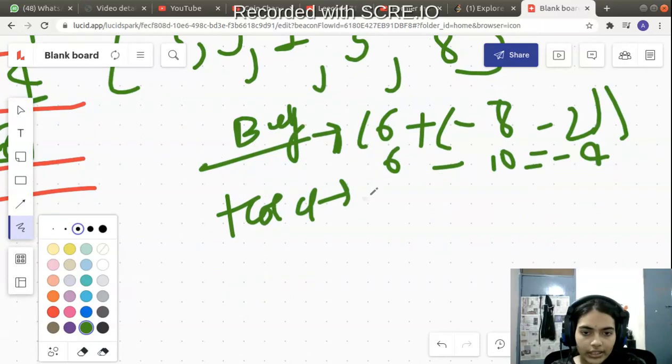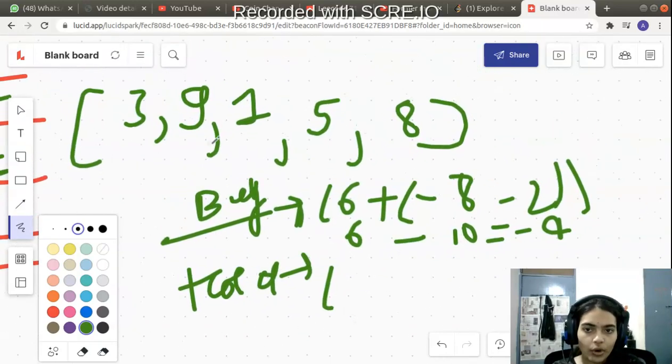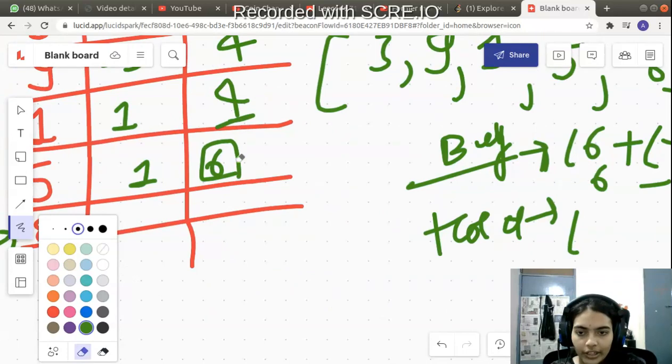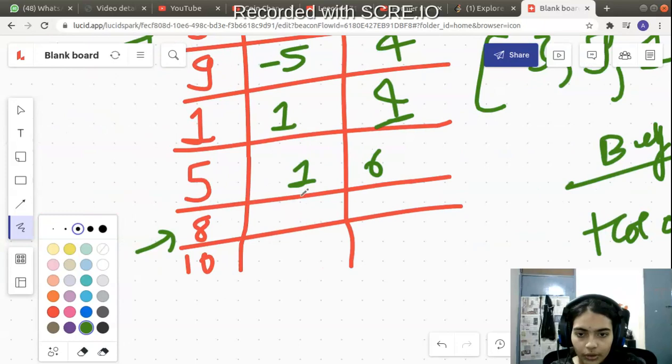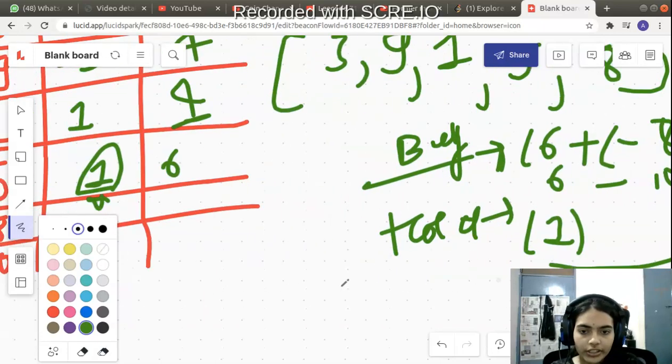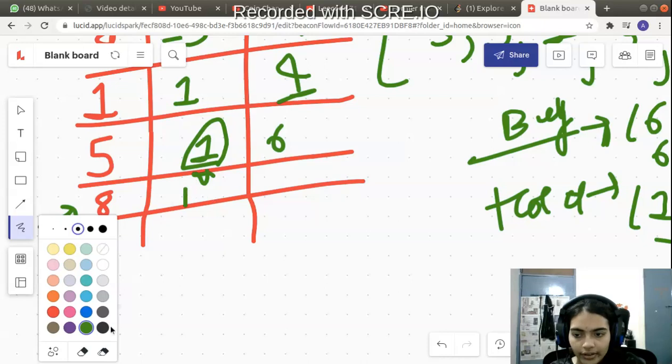Okay, so you are at this state, or you are choosing to hold the stock from previously. You are not buying on day 5, you are continuing to hold whatever stock you had previously held in hand. So from where will you look at that value? You will look at the row just above. In the above row you have 1, right? So after holding the stock, you will be at a profit of 1. Between 1 and minus 4, which will you choose? You will choose 1. So I will fill 1 here.